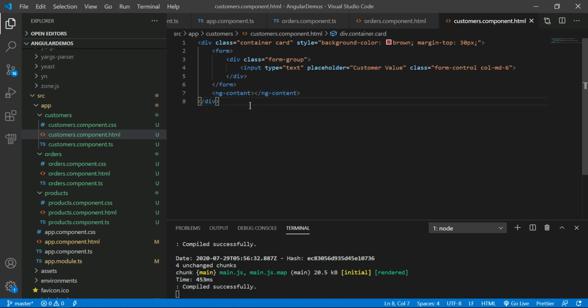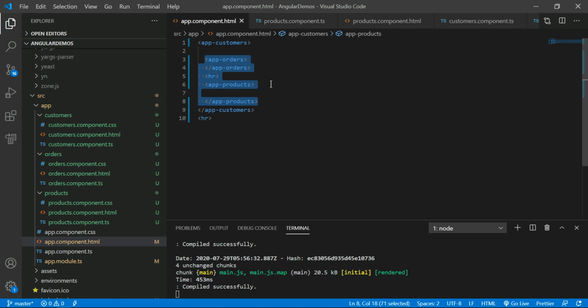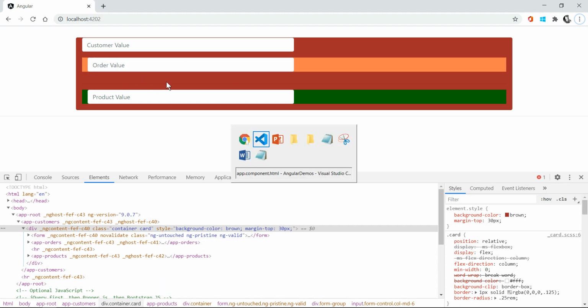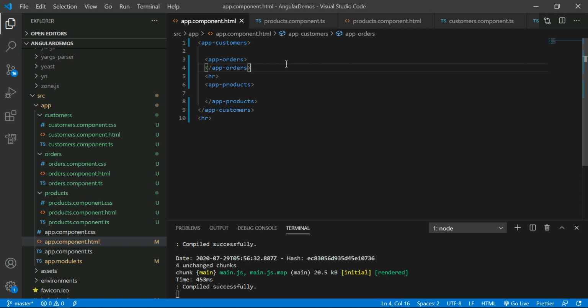There is a situation where I want to show only app-orders in the customer component. How do we show that? Based on the reference of this app-orders you can do that. If you use the reference of app-orders, you can get the solution. I am using orders as the reference here.